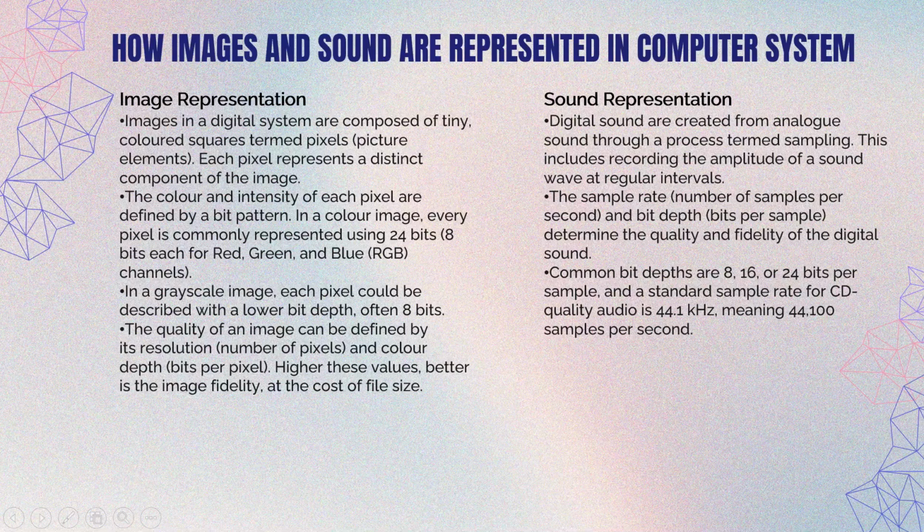Sound representation. Digital sound is created from analog sound through a process termed sampling. It includes recording the amplitude of a sound wave at regular intervals. The sample rate, the number of samples per second, and the bit depth, its bits per sample, determine the quality and fidelity of digital sound. Common bit depths are 8, 16, or 24 bits per sample, and a standard sample rate for